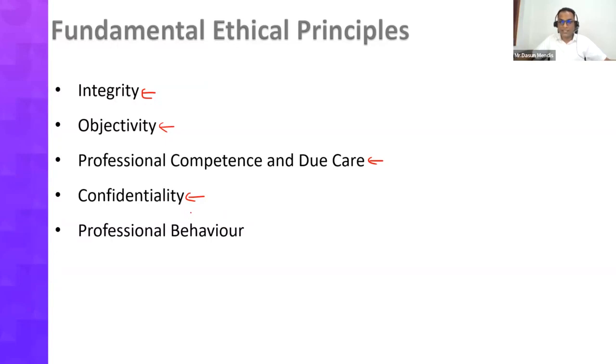Confidentiality, right? Sometimes you might need to disclose because of a legal requirement. There may be a court order for you to disclose something. At that time, you can do it, right? If you have a legal right, if you have a professional right, you can do it. Unless otherwise, whatever information you acquire in your professional and business dealings, you should not reveal without proper and specific authority, right?